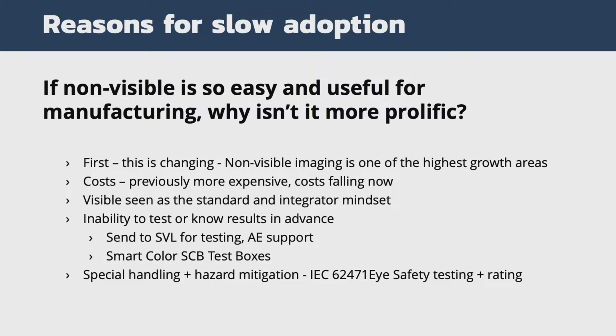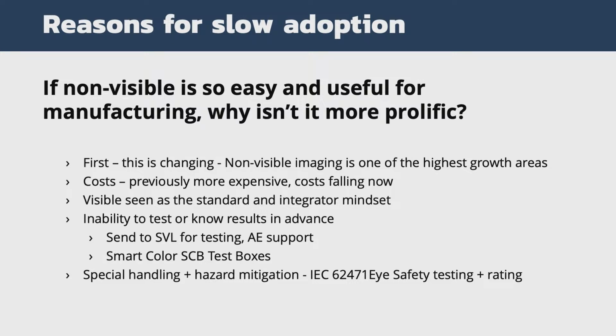The history in this has also partially been driven by cost. As I've said, a SWIR camera used to be a $20,000 item. Now it's somewhere around half of that, and prices are coming down. Volumes are going up, which even if the technology remains the same, is driving it down. So costs are falling now, which is helping it. The mindset of people designing and installing these systems has been around visible. Many of those are just learning to think in the non-visible and talk to us and see what else they